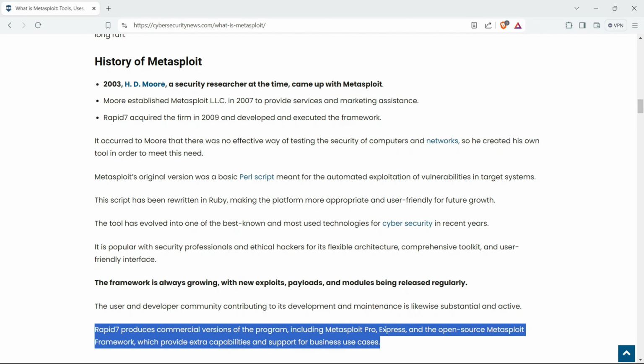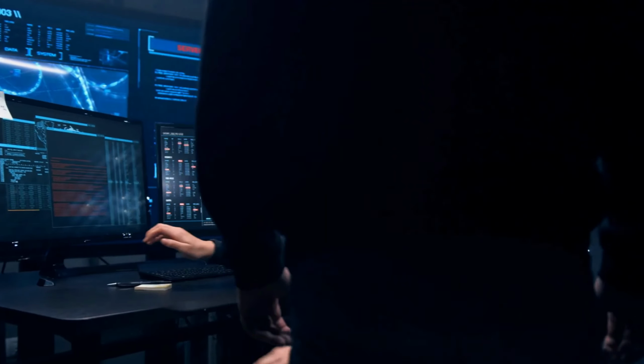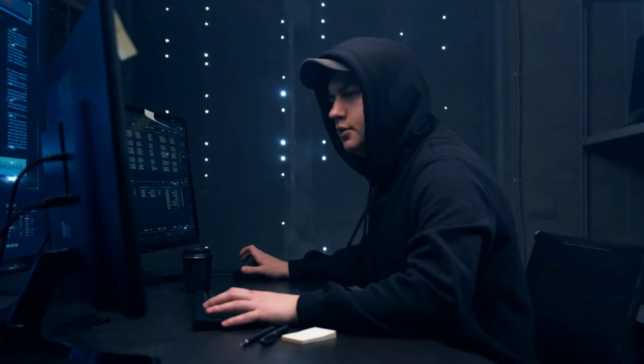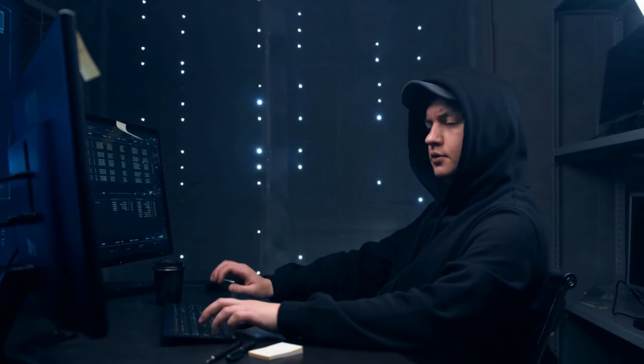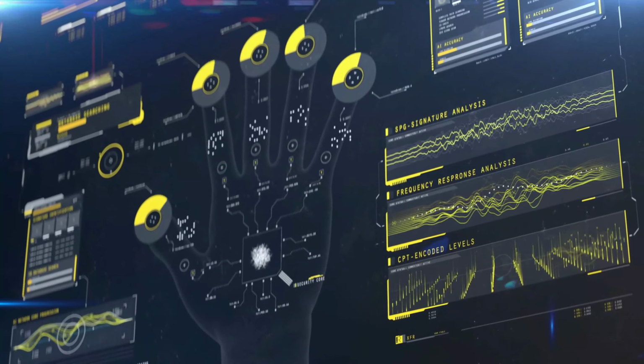Okay, now I realize I forgot to explain what Metasploit is. Many of you probably clicked on this video already knowing about Metasploit, but just in case you don't. In short, Metasploit is a powerful framework used for developing, testing, and executing exploits against various software vulnerabilities. It's a crucial tool for hackers